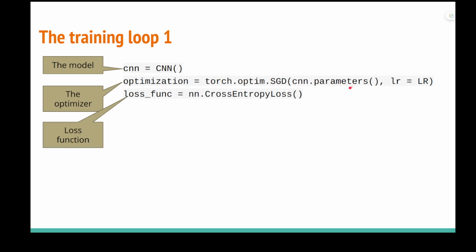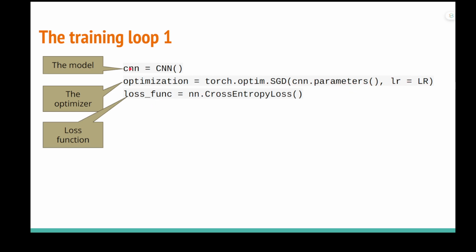So you don't need to collect the parameters by yourself. The PyTorch framework will do this for you. And the second one is the learning rate. So you need to specify the learning rate for the stochastic gradient descent optimizer. And for other optimizers, you may have extra parameters.